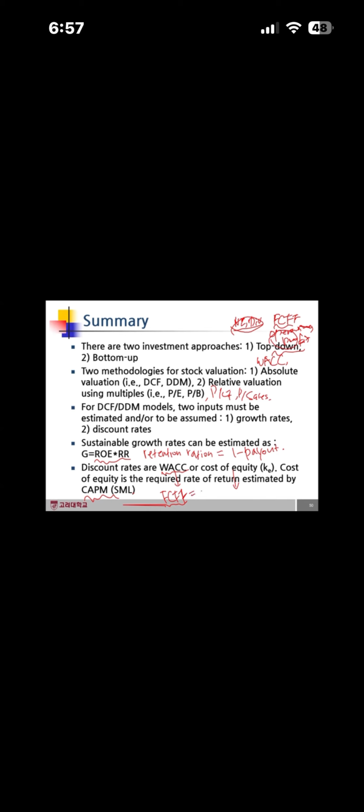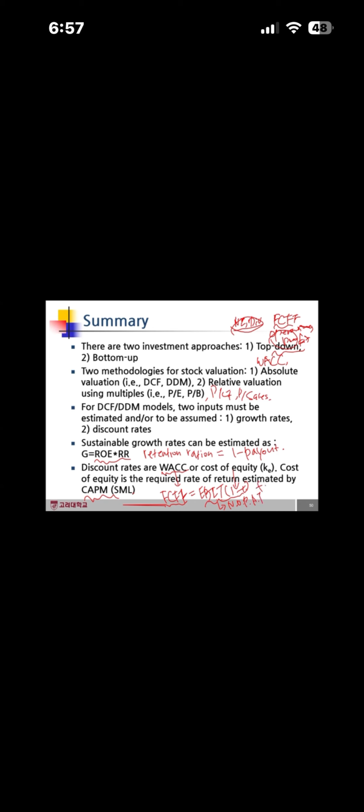So the free cash flow to the firm is the net operating profit after tax, that is, operating profit, the earnings before interest and taxes, times 1 minus t, which is net operating profit after tax,